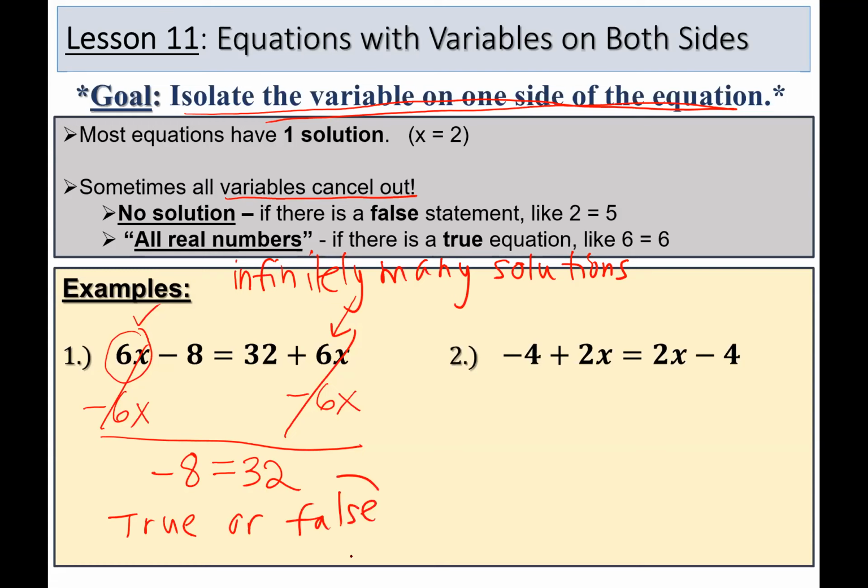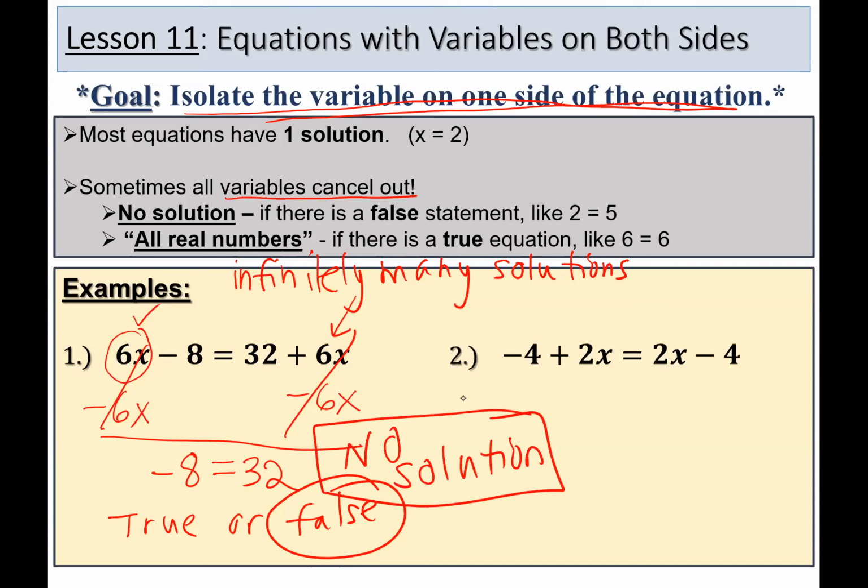-8 is not equal to 32. So because this is a false equation, what we would say for our answer is no solution. So the answer to number 1 is there is no answer. There's no value that we could ever plug in for x that would ever